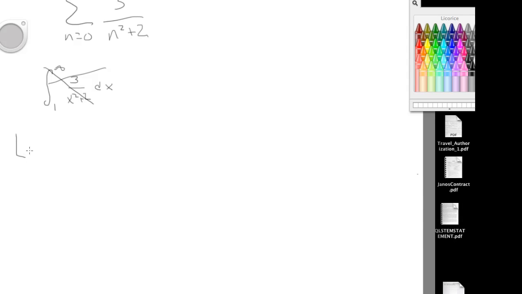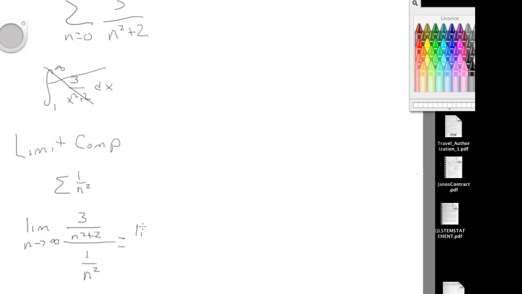Rather, it's a whole lot easier to use the limit comparison test. Now what do we compare it to here? Well, a constant over n squared plus 2. This is a lot like 1 over n squared. So we will compare it to the sum of 1 over n squared, which we know converges. So if we take the limit as n goes to infinity of 3 over n squared plus 2 divided by 1 over n squared,